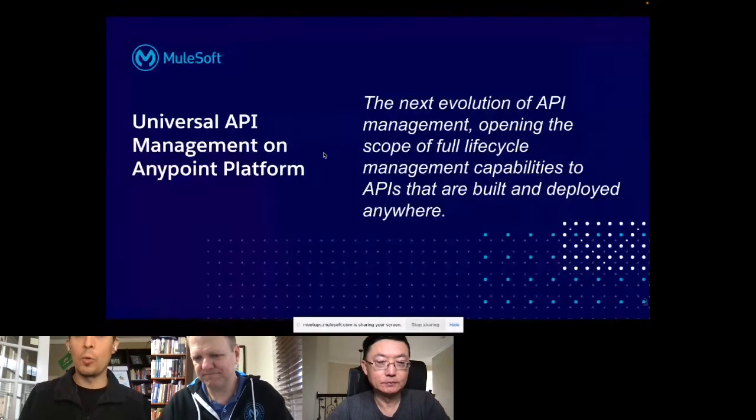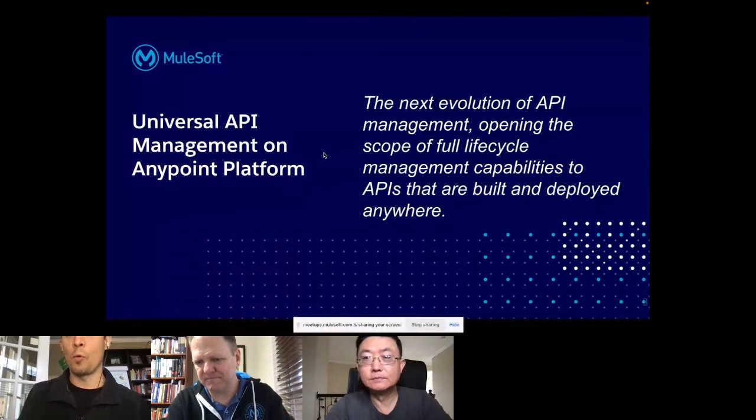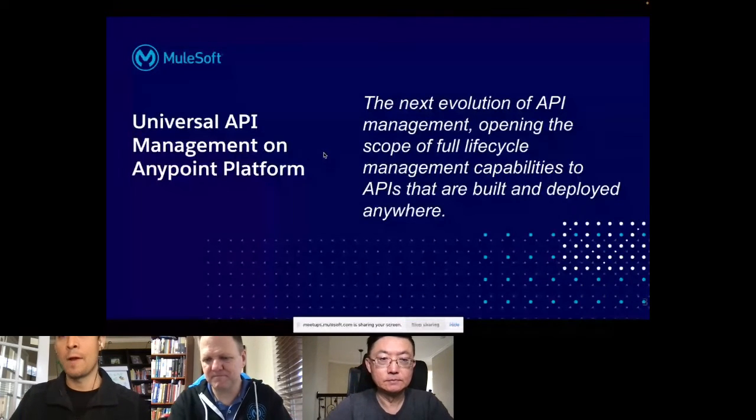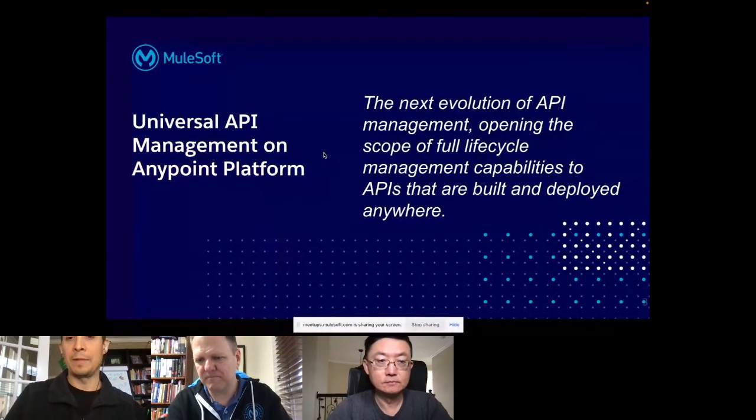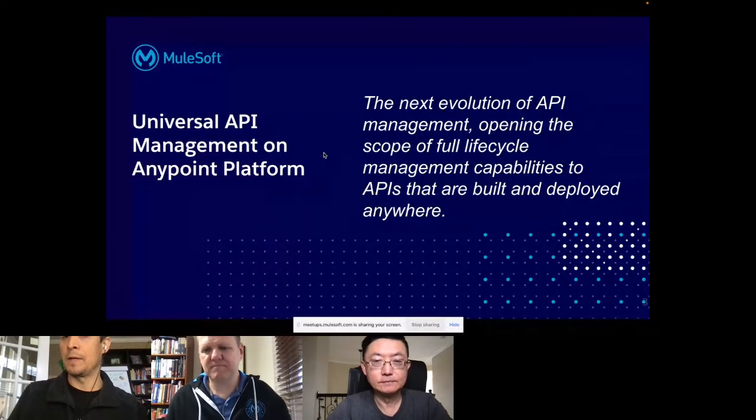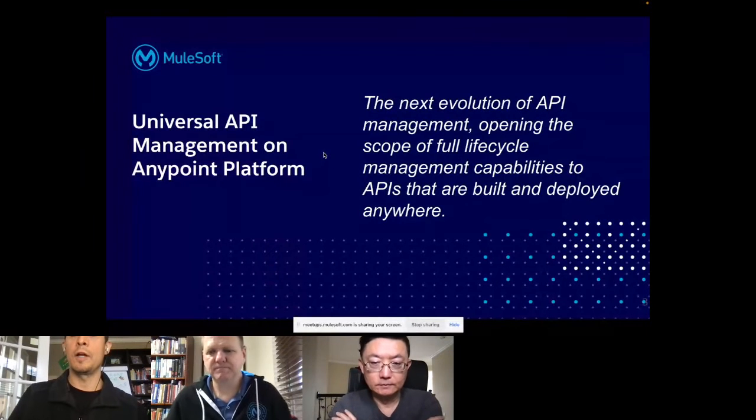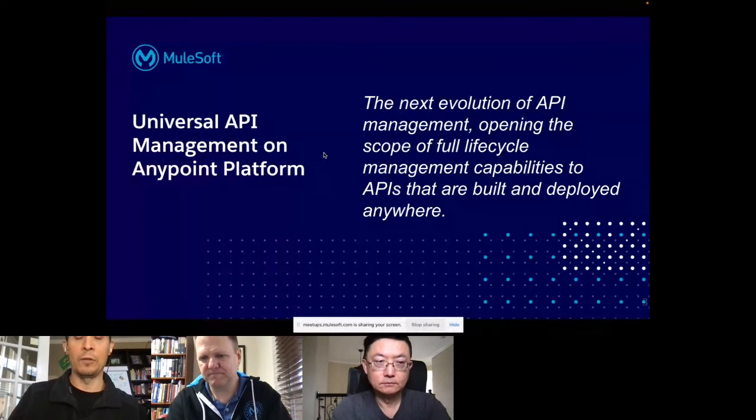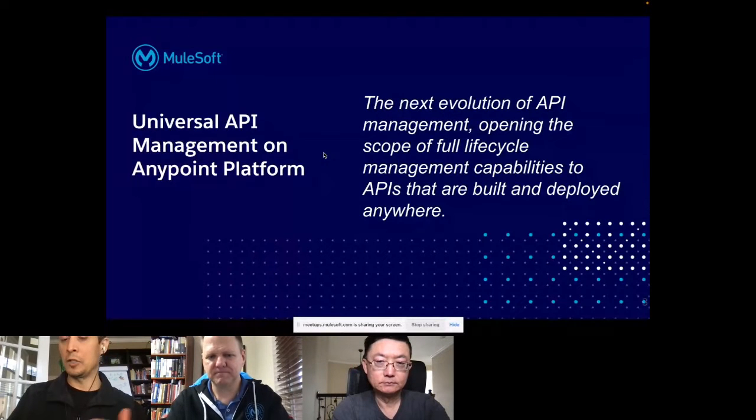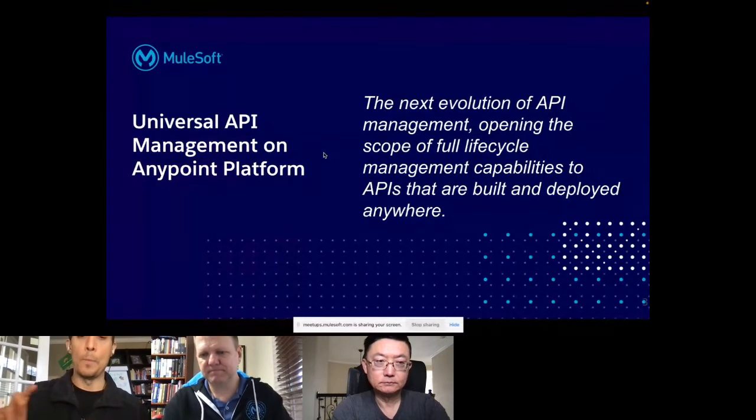So just a quick run through around a new announcement that's been around for a few months. It was around the December timeframe that they announced what is being called Universal API Management on the API platform. So it's an expansion or an evolution of API management capabilities. It's built as a set of capabilities. We'll look at each product area next here, and that it's going to extend the scope,